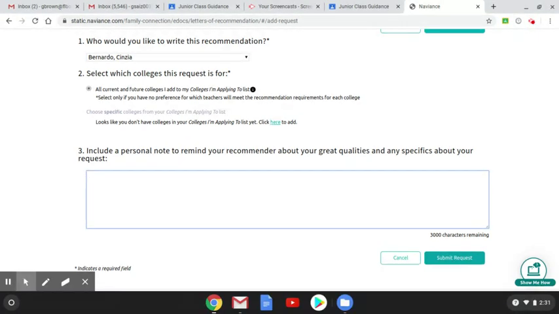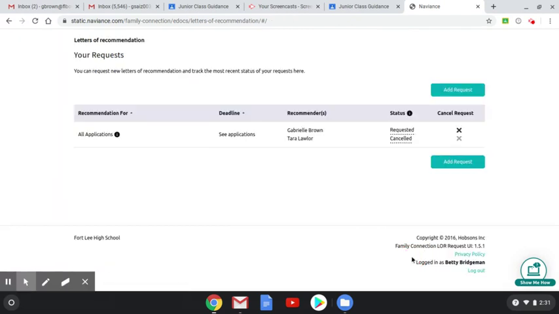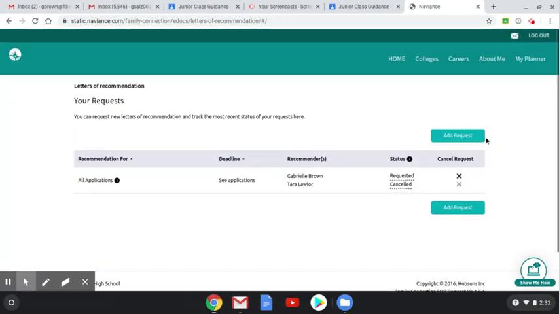So you have to do this with every teacher, not every school, just every teacher, because they won't be able to post a letter if they're not invited to write one. So that's that. Now, for the counselor letter, what we'd like you to do by May 1st is under this